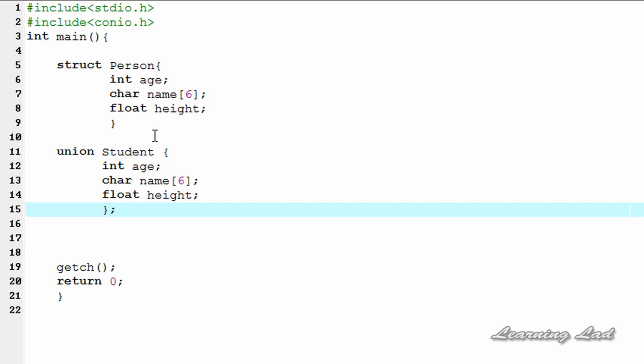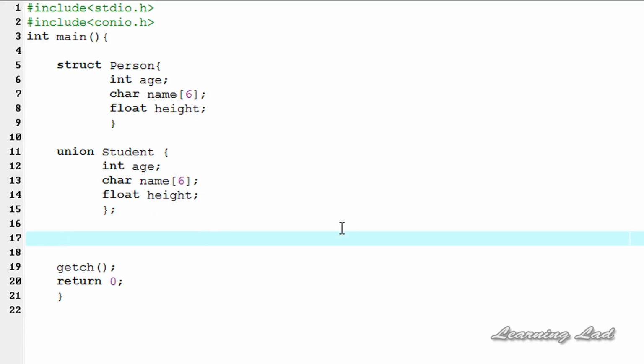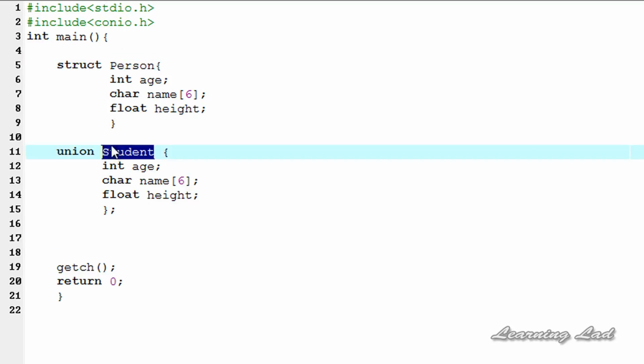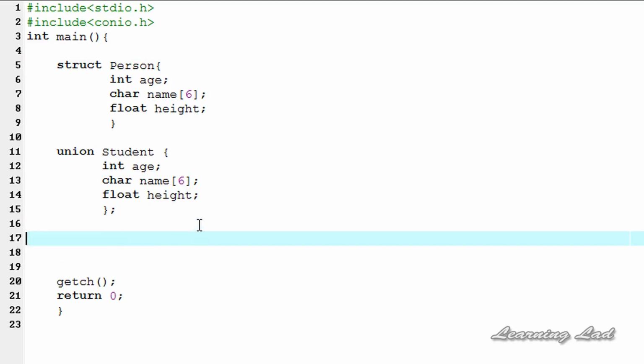But when a variable is associated with a union, the compiler allocates the memory by considering the size of the largest member. So the size of a union is always equal to the size of the largest member in that union. To demonstrate that, I'm going to use the sizeof operator on this struct person, and also this union student. So I'll be using this printf statement now,